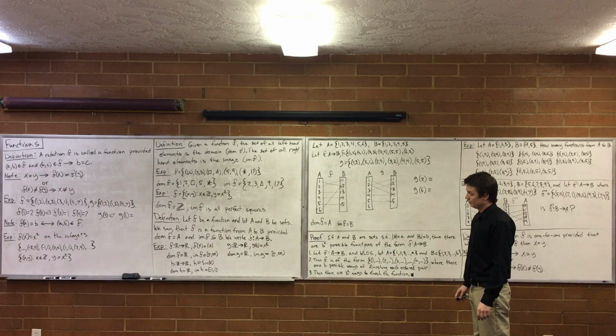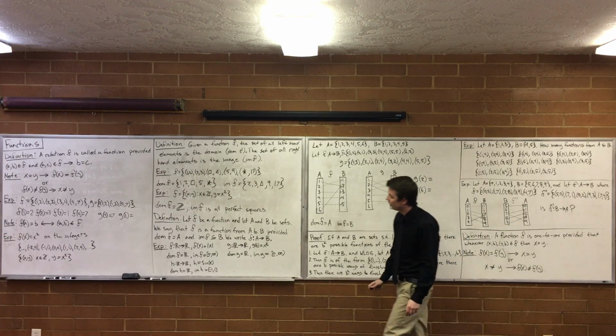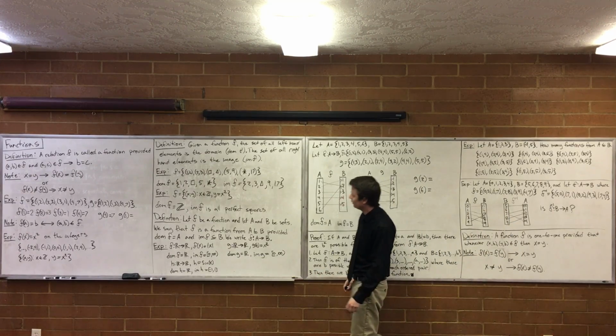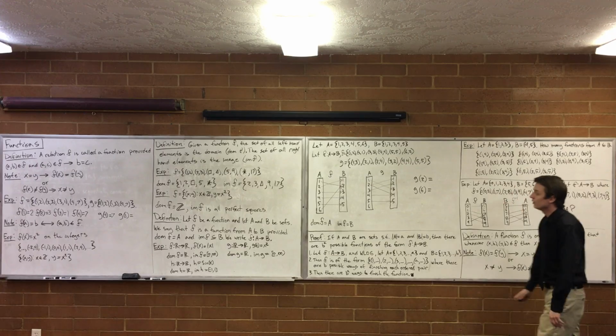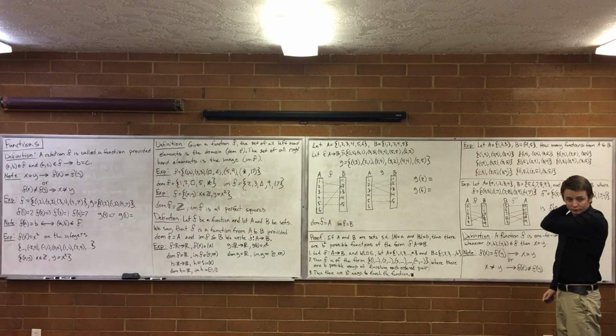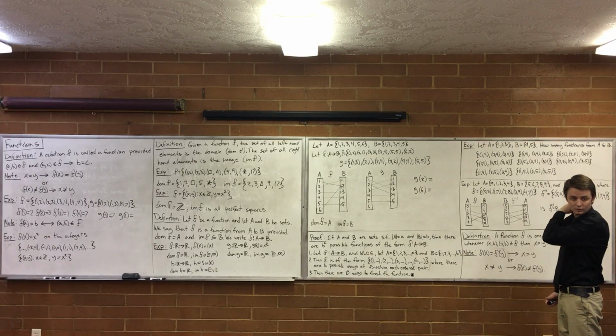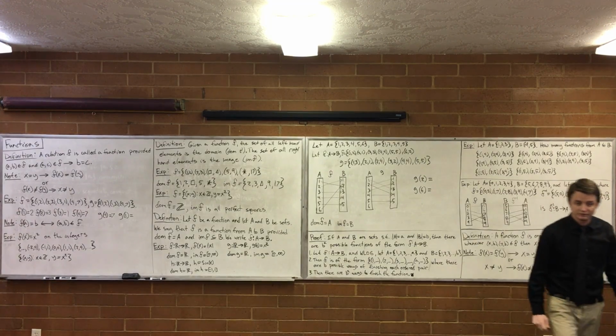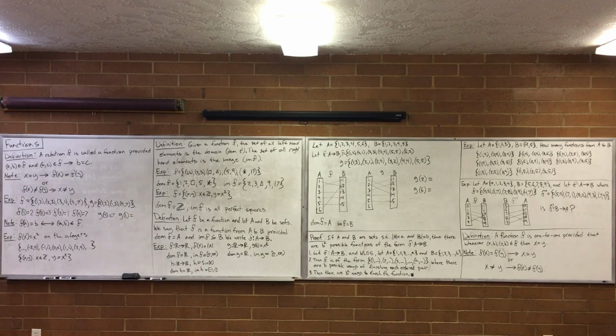Okay, so I feel like you're getting comfortable with what we mean by a function from A to B, and what the domain and the image are. So B can be basically any set. A and B don't have to be related at all. They just happen to be in those cases.